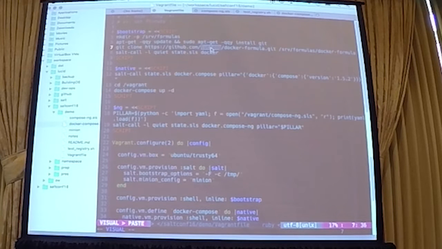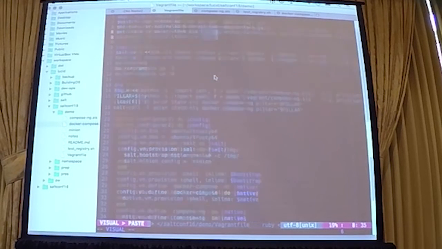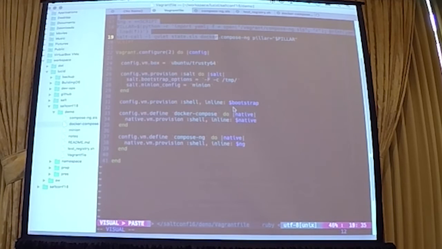So our Salt master uses GitFS to pull formulas from Git. And so we vendor that through our namespace on GitHub, because when we're using formulas on Git, we're granting people with write access to that root access on our infrastructure, right? So this is one way that we use to prevent that. The final thing we do is a salt-call state.sls on that Docker formula, right? All that does is get us the Docker daemon running and able to pull images and stuff like that. So the first thing we're going to do is run through the native setup,